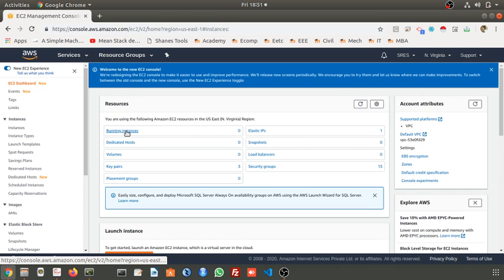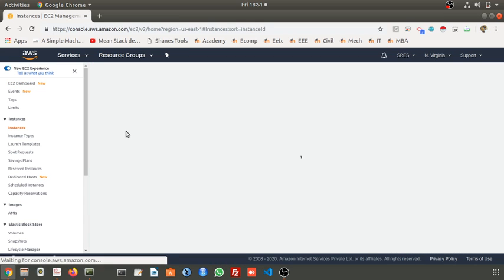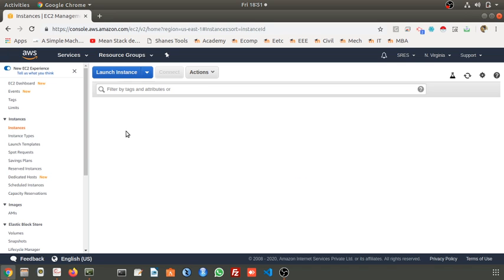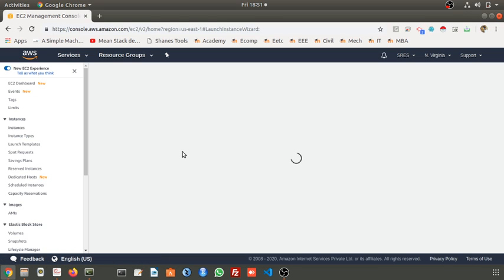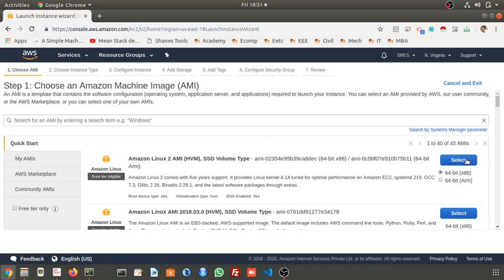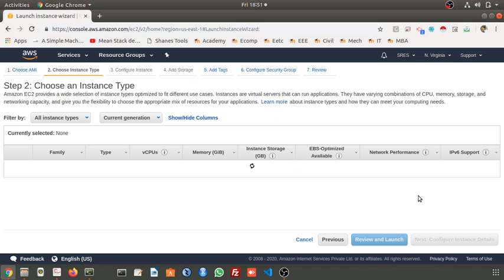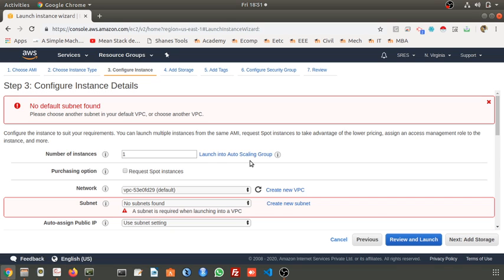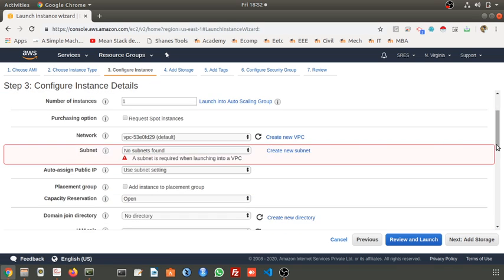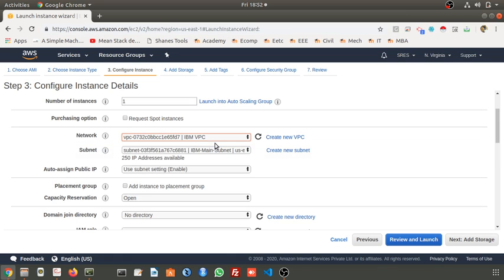go to running instances, launch an instance. I'll take this Amazon Linux. I'll take this T2 Micro. Here it is important: in which network do I want to set it up? In this IBM Virtual Private Cloud, I will select the main subnet.